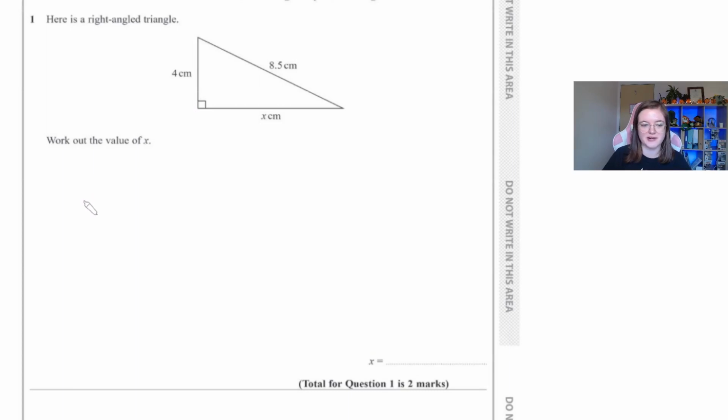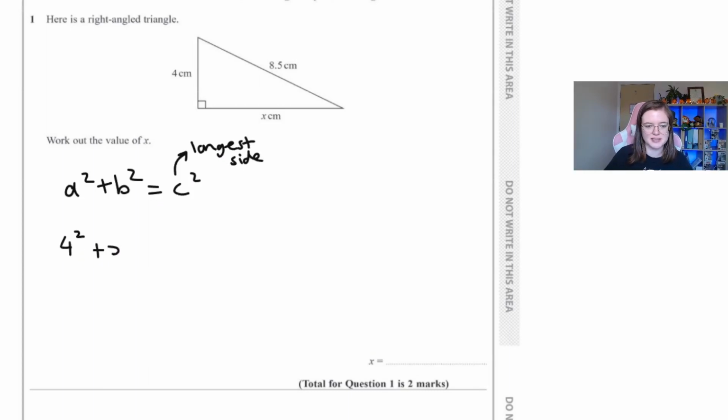So the equation of Pythagoras is a squared plus b squared equals c squared. Remembering where c squared is the longest side. So if we fill this in then, we get 4 squared plus x squared equals 8.5 squared. Then if we fill this in further, we get 16 plus x squared equals